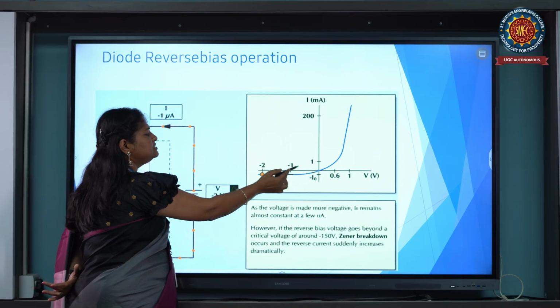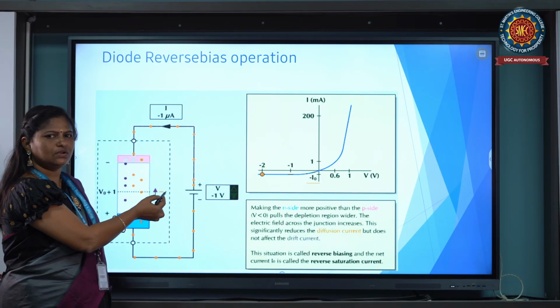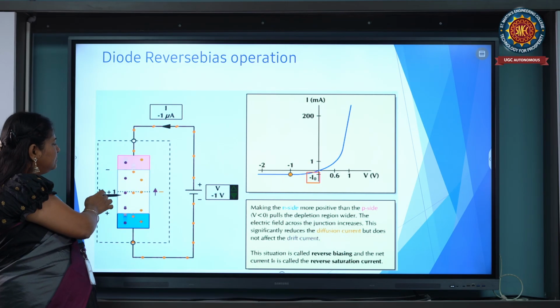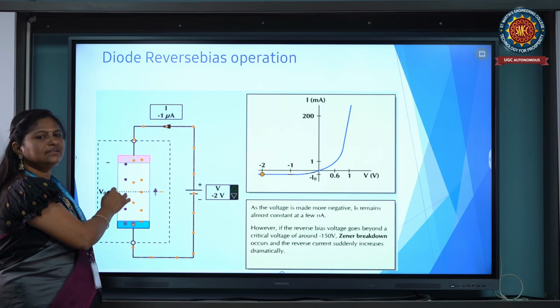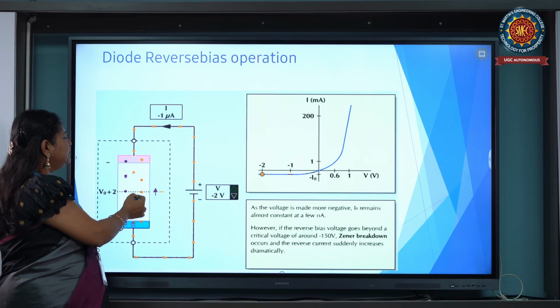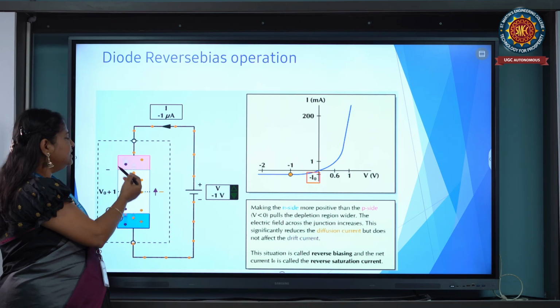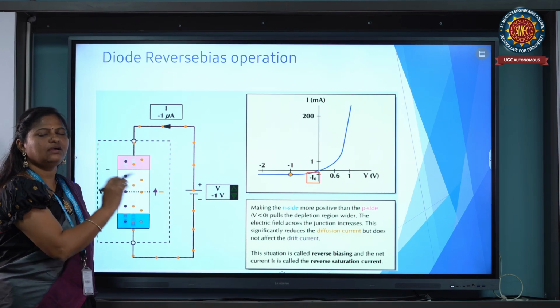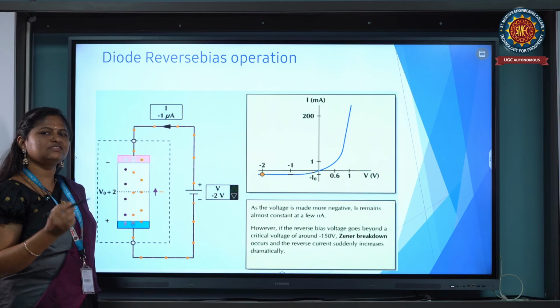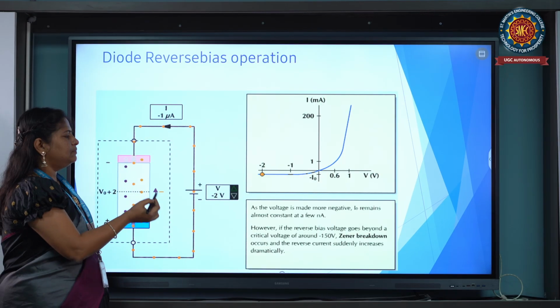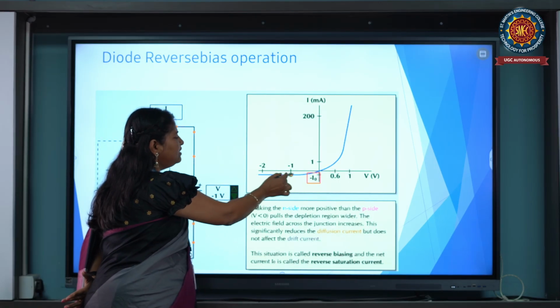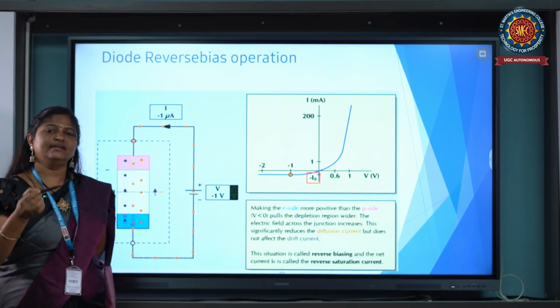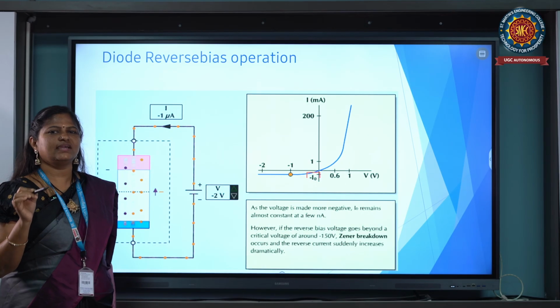As we increase reverse voltage, -1, -2 like that, the depletion region we can observe here will increase. At -1 volts, this is somewhat, and at -2 volts, that will increase more. So like that the depletion region will increase, then it acts like a barrier. It does not allow the flow of majority charge carriers from one side to the other side. Then a small amount of current will flow, but that current is due to the flow of minority charge carriers.